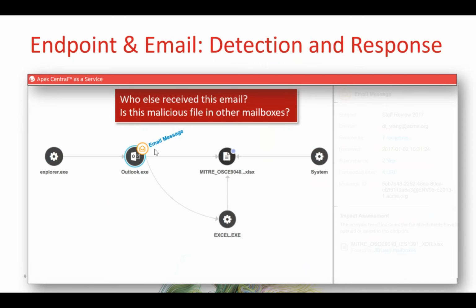Endpoint and email detection and response. Who else received this mail, and is this malicious file in other mailboxes? When it is integrated, Apex EDR has the capability to integrate with your mailbox and with your endpoint also. So in this case, you can find out if there is any suspicious mail with a malware attachment or any suspicious thing coming through the mail.